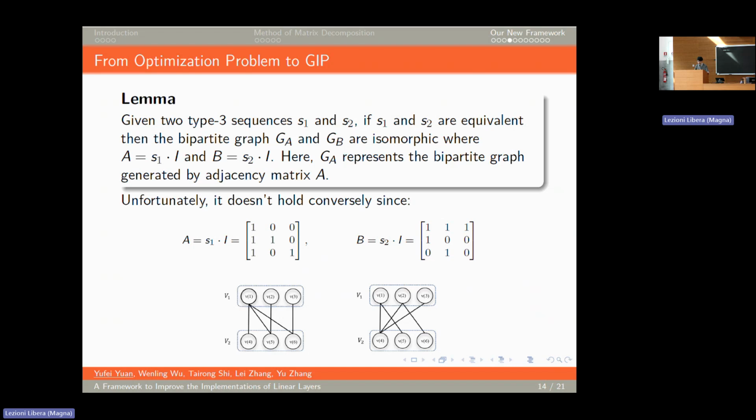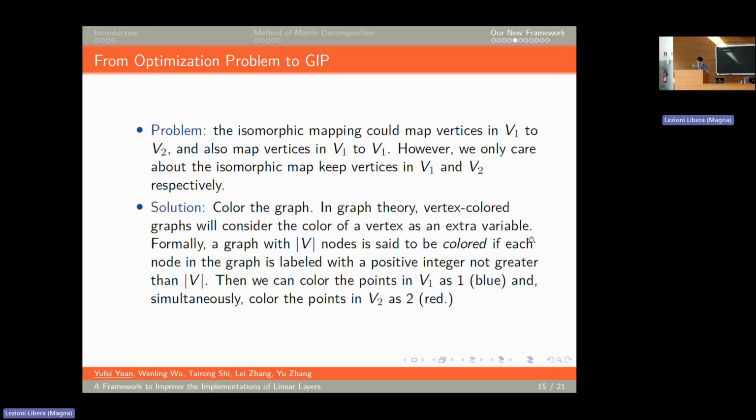But unfortunately, it doesn't hold conversely. It means that two graphs may be isomorphic, but their adjacency matrices might not be equivalent. The reason is that the isomorphic mapping could cross the two disjoint vertex sets, whereas we only care about isomorphic maps that keep the vertices in V1 and V2 respectively. So the solution here is